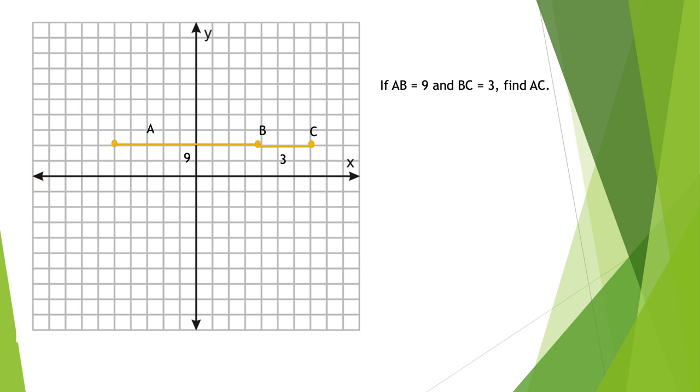Okay, so if AB is 9 and BC is 3, now notice, compared to the whole line length, this is a small piece and a small piece, and they're asking me about AC, which is the big piece. So when I go small and small to get big, that's the addition situation. So I'm going to add the 9 and 3 to get 12. Okay, next up,